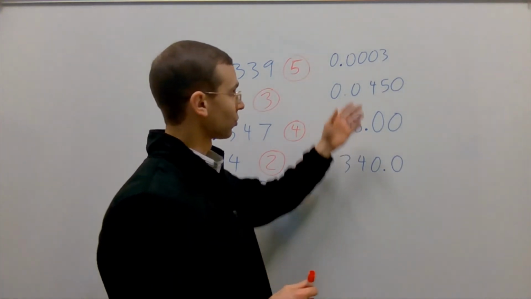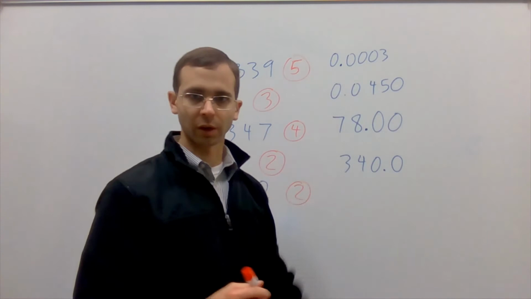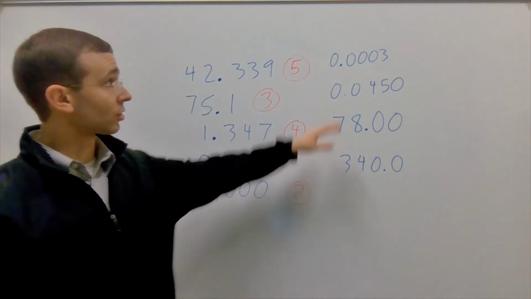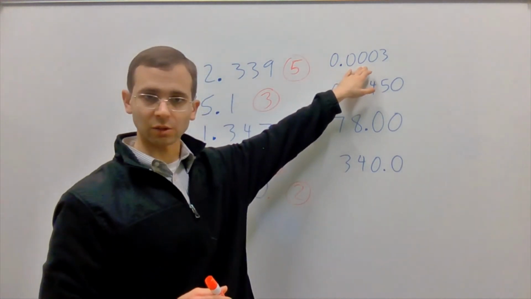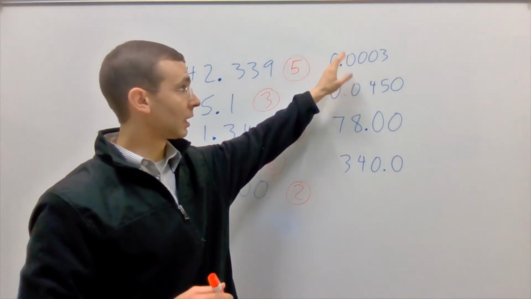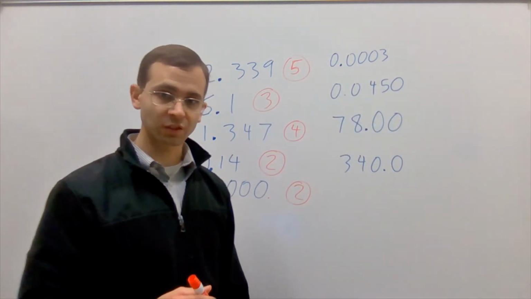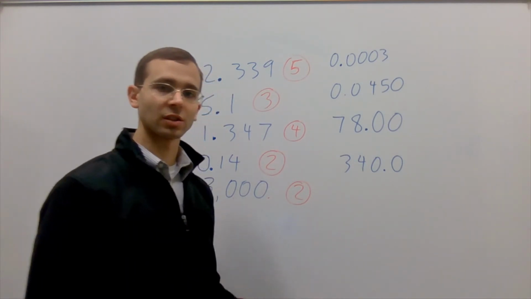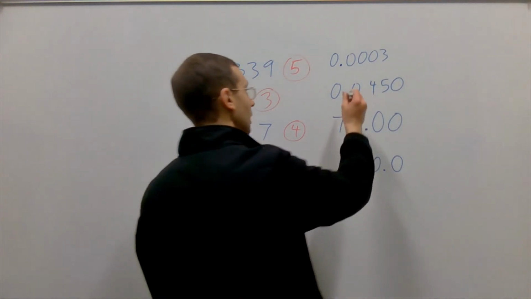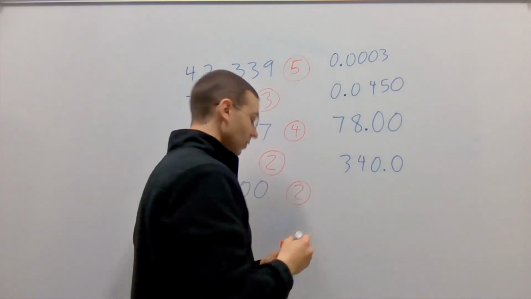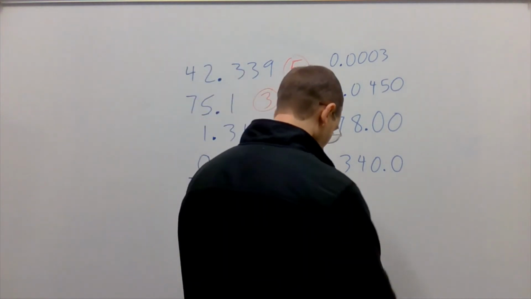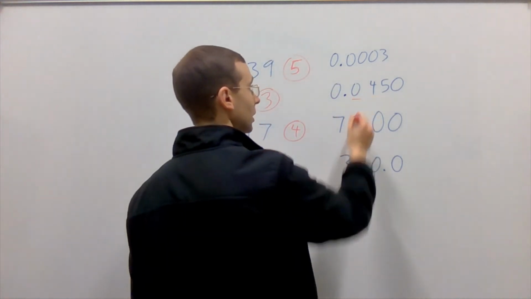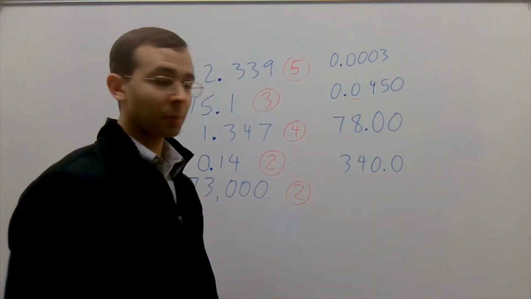Similar logic is used for something like this, a very small number. If those zeros are only there to show us the decimal places out here, and that we're dealing in the 10,000ths place, that's the extent of the information it's supplying for us. Next, following that same logic, of course, we would say this zero here is not significant, but